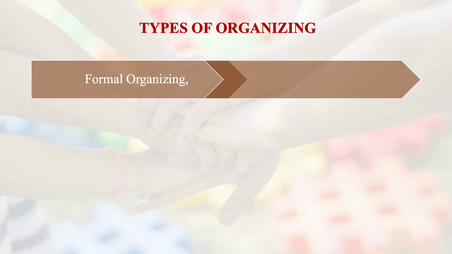Amongst the things available in the organization or for the NGO, how one can optimize or maximize the use of resources, giving the maximum productivity. So optimal resources, but the productivity should be maximum. So how efficiently it can be used, that is done through organizing. So when we talk about organizing, there are different types of organizing. One is the formal organizing and the other is the informal organizing.